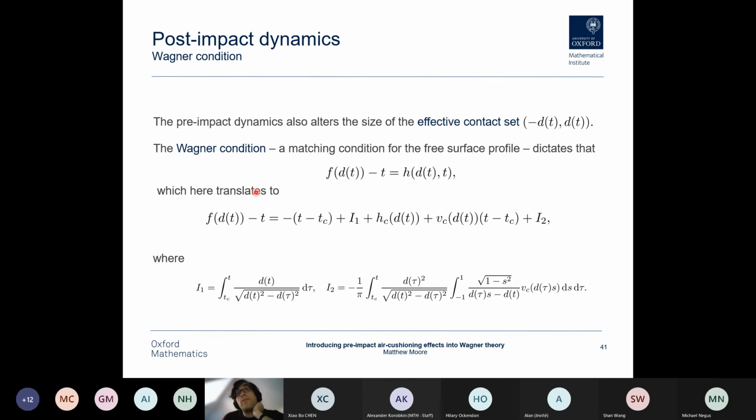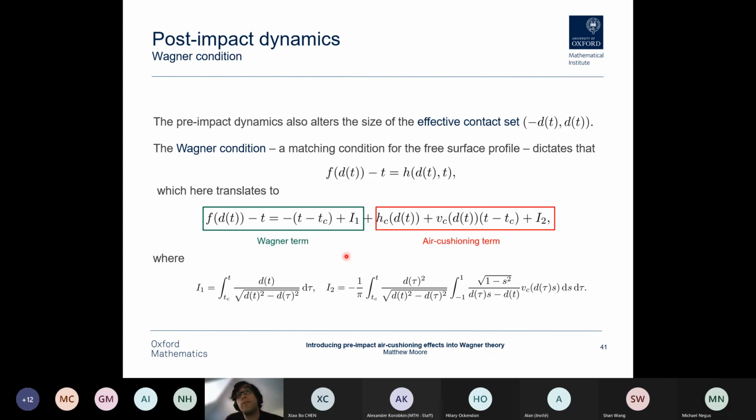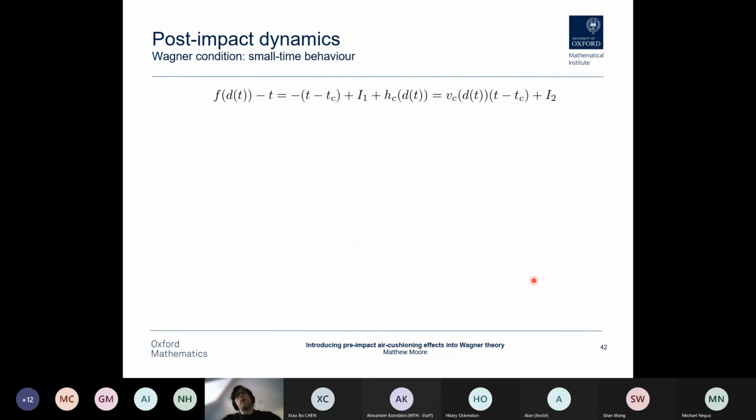But what this does is it gives us this expression which allows us to solve for d of t. For this problem, it gives you this nasty expression involving integrals, but essentially all that's changed is you have the standard Wagner solution, which you can invert as an Abel integral equation, but now we've got this correction term for the air cushioning, which involves this in the free surface at touchdown. So while this typically is going to involve numerical solving,